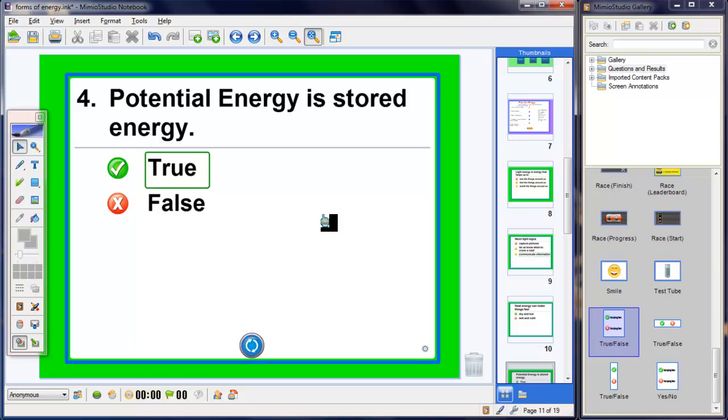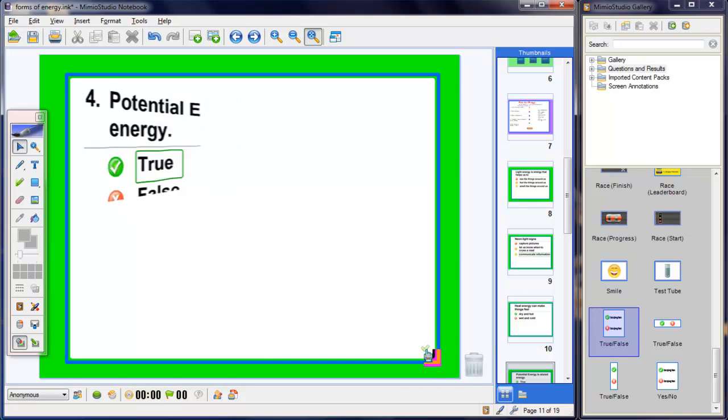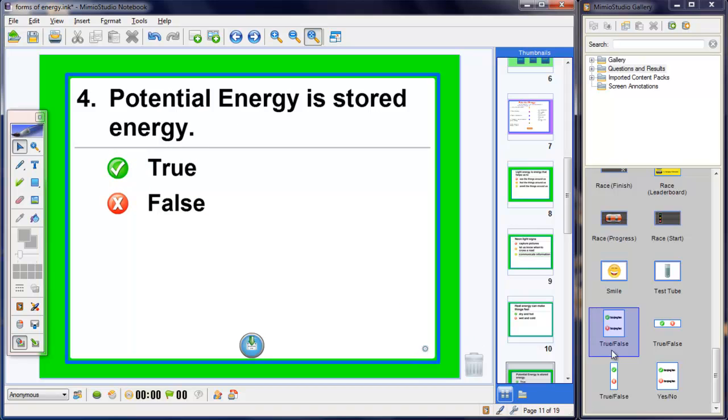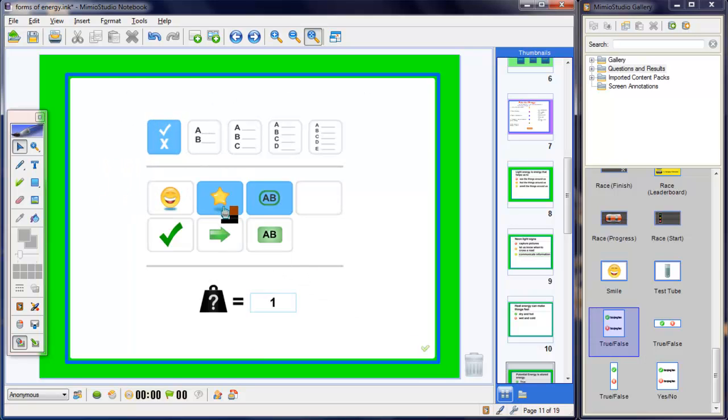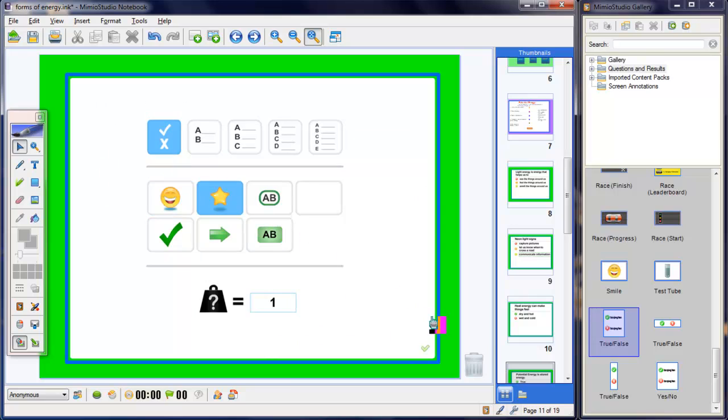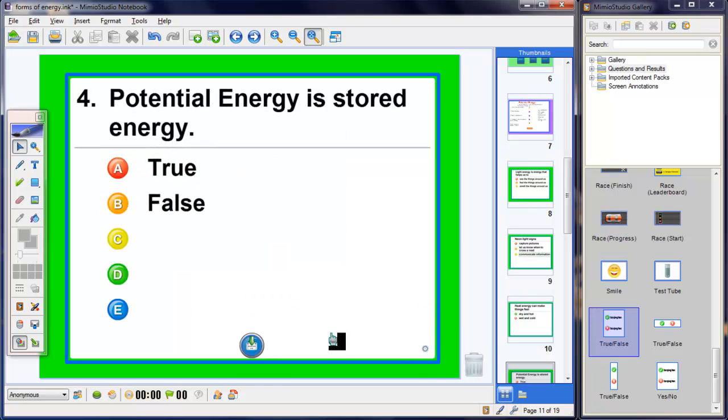As we continue with this, maybe I don't want just true or false. Maybe I want a harder question. All I have to click when I pull these out is this button down here, this gear. And when I click it, it allows me to come up with different types of questions, different ways of getting the same thing across. And you can see that as long as we have these here, different things will light